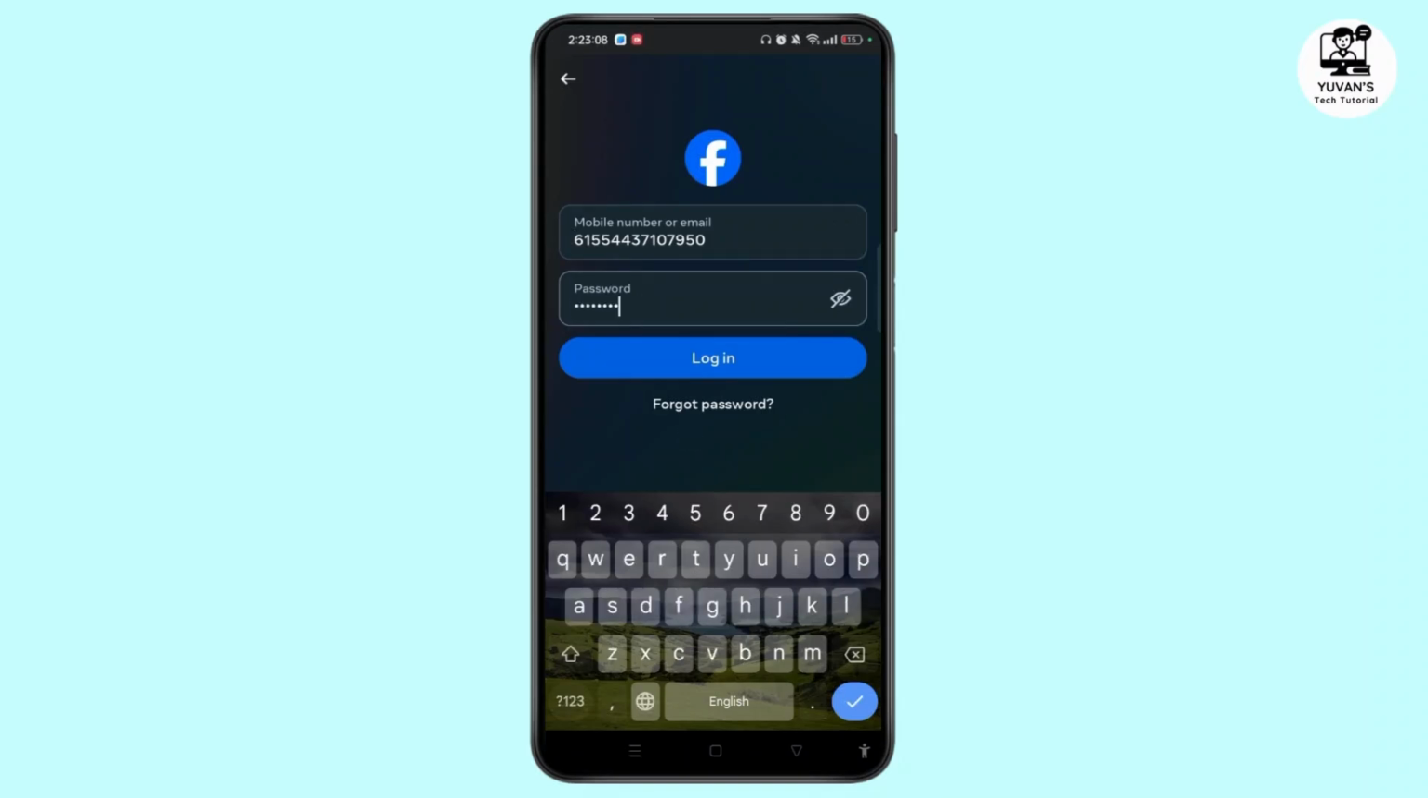After that, you need to tap on the login button and you can easily log in to a Facebook account without email and